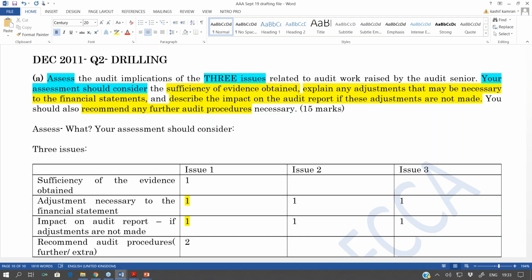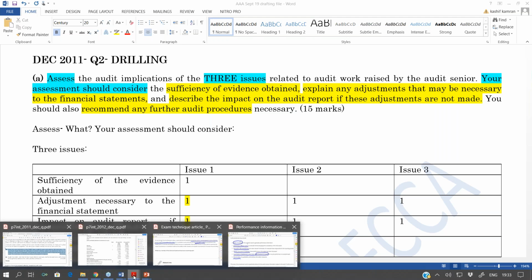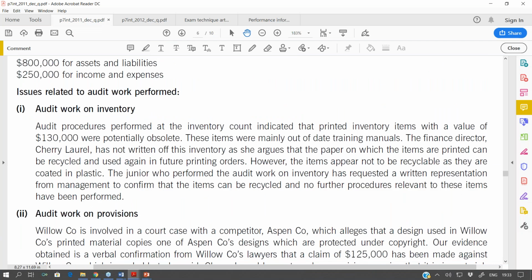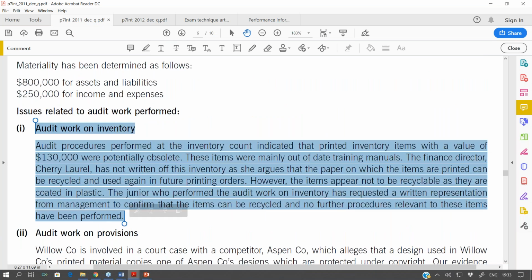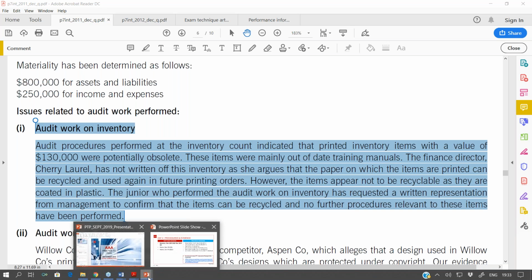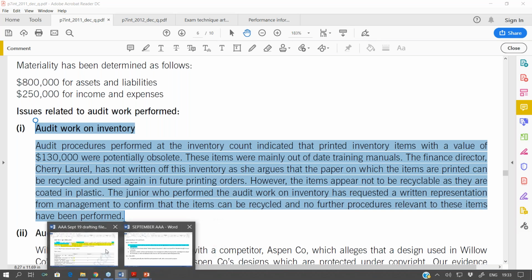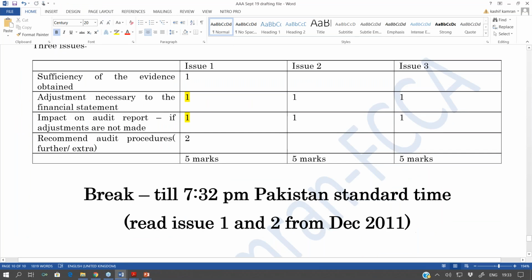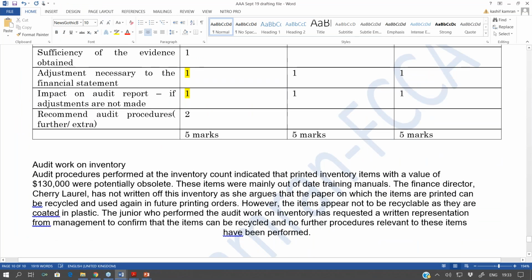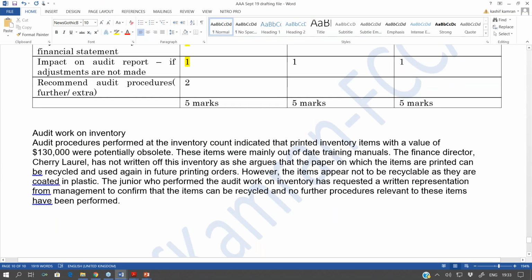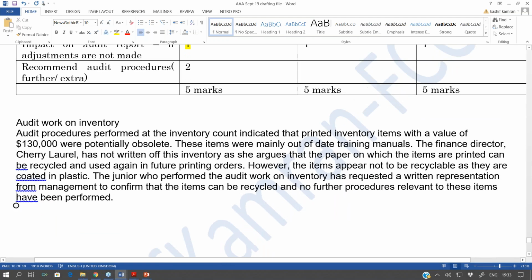Okay, let's go down looking at the first issue, the issue number one. Okay, the first issue relates with the audit work on inventory. Let me copy that and bring that to the Word file. And so I can do a very proper drill of that requirement. Okay, right in front of your screen is the audit work on inventory. And